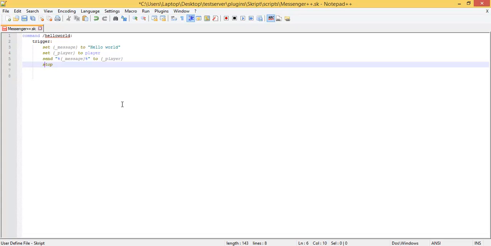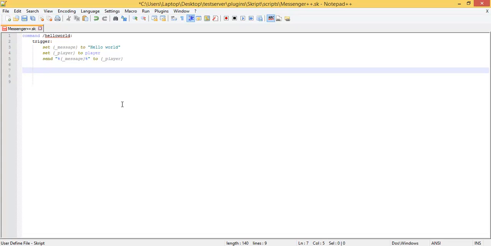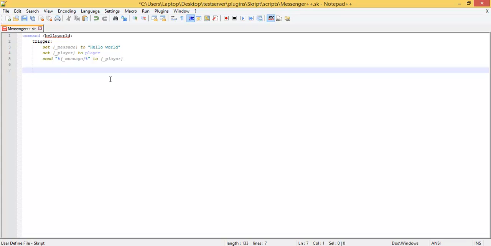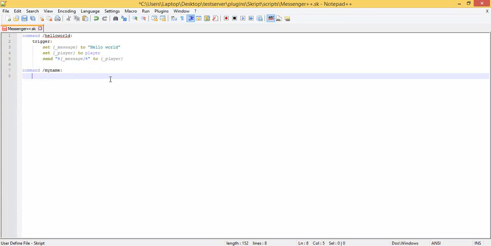This is where the trigger ends, right? There's no code below. So they are local variables, as seen by the underscore over here. So the variables are deleted again. So we're going to do another command, which is going to be /myname, and